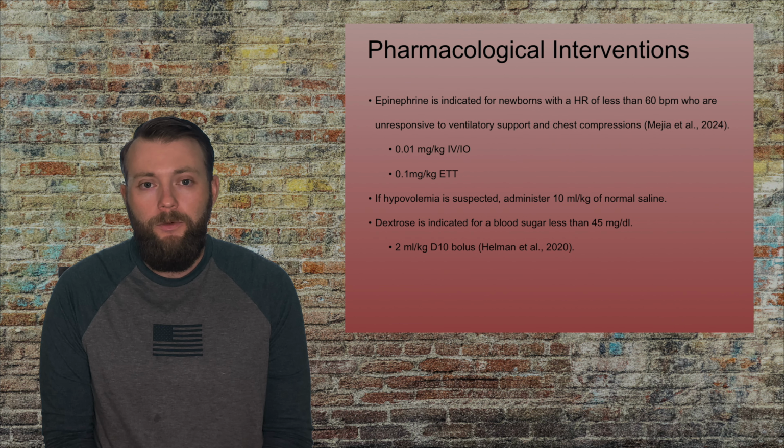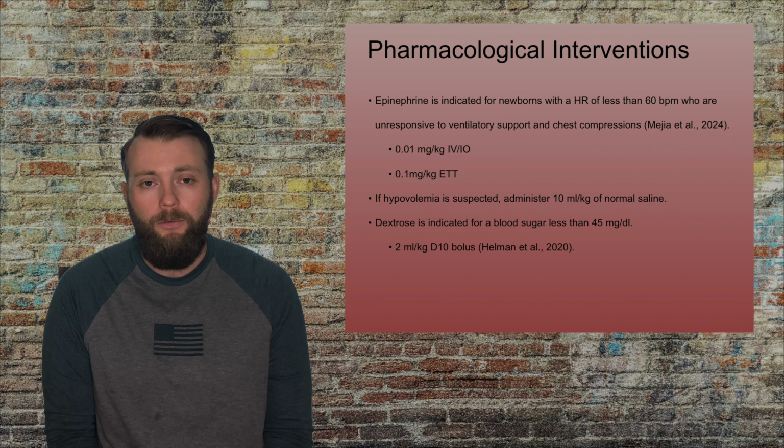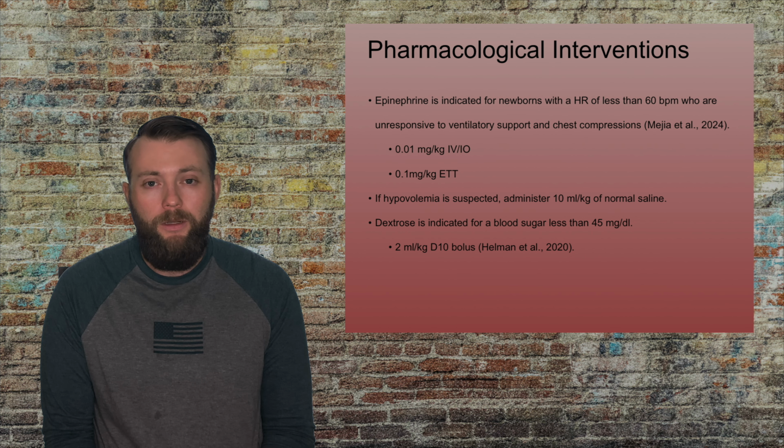The dose of epinephrine is 0.01 milligrams per kilogram IV/IO. If administering it through the ET tube route, you need to double the dose and it becomes 0.1 milligrams per kilogram when given through the ET tube. Most term neonates weigh about 3 to 4 kilograms, which will put the drug dose of epinephrine IV/IO at 0.04